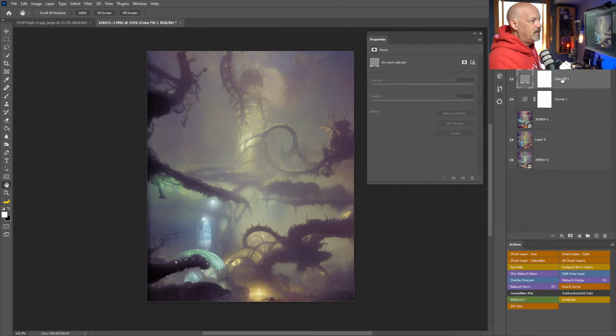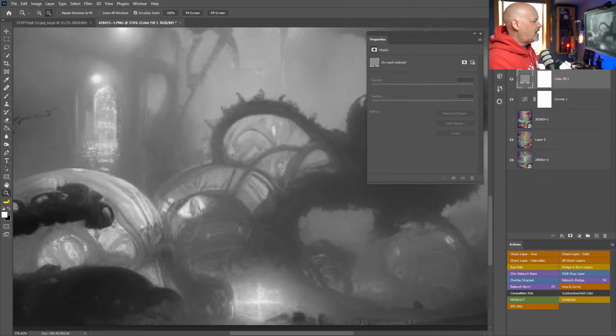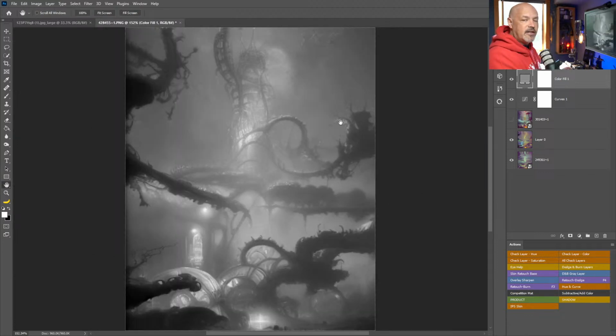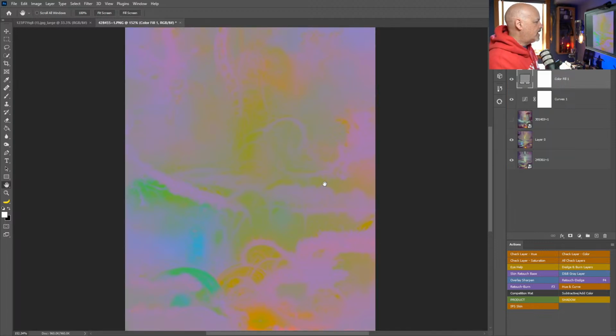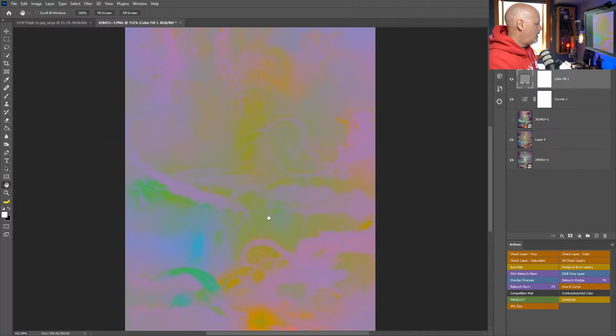This layer is just a gray layer. If I turn it up to 100%, this is what we call a value representation of the image. And you see a lot of detail here, right? That's the ability of your eye to detect subtle variations in black and white, because it has so many rods in it. But if we take this and change the mode to luminosity, I'll turn the pixel grid on for this. If we zoom in here,